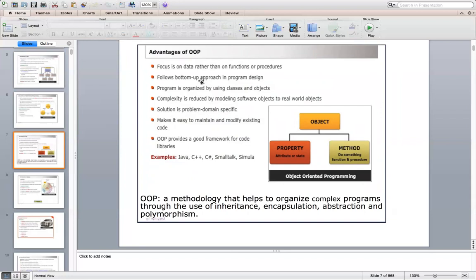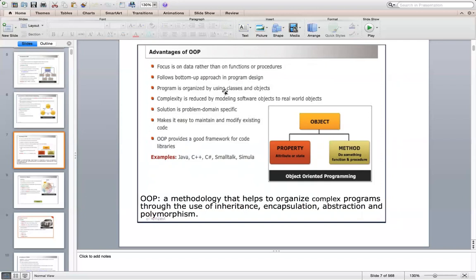So the focus is on data rather than writing algorithms or procedures. And it follows the bottom-up approach, so it is an open-ended solution. It can grow to different sizes, and it is scalable, and it can be maintained as long as it grows without any issues.